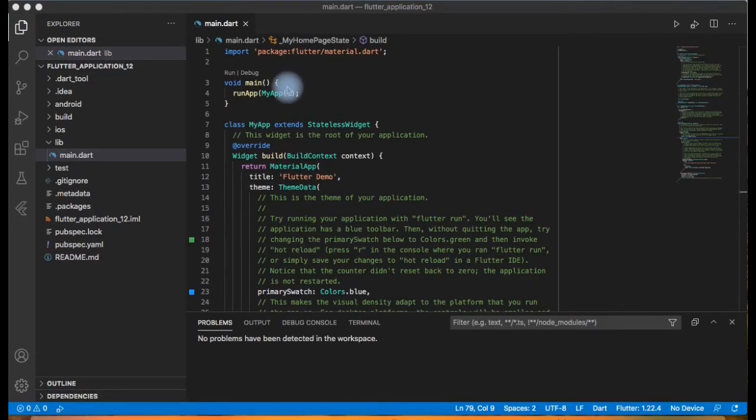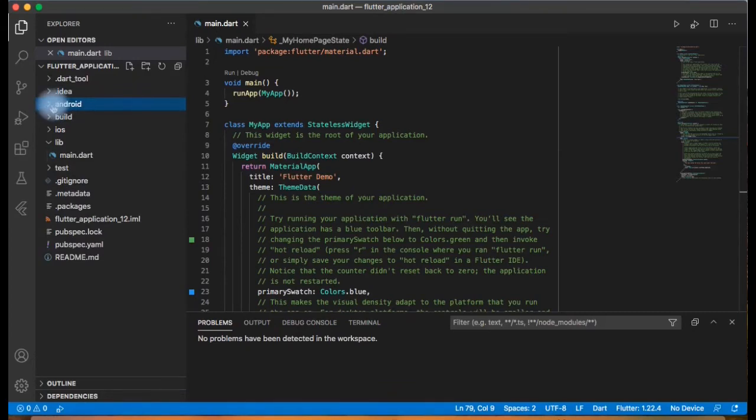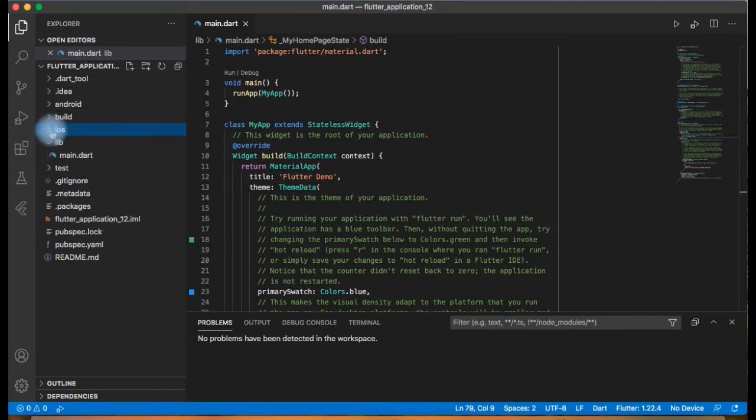So when we create our first app, it has a few files and folders in this pane. There is Android, which contains all files and folders specific to Android. If you want to bring any changes specific to Android, you can come and make changes in here. There is also iOS. It contains all files and folders about the iOS things. If sometime we are going to bring specific changes to iOS,